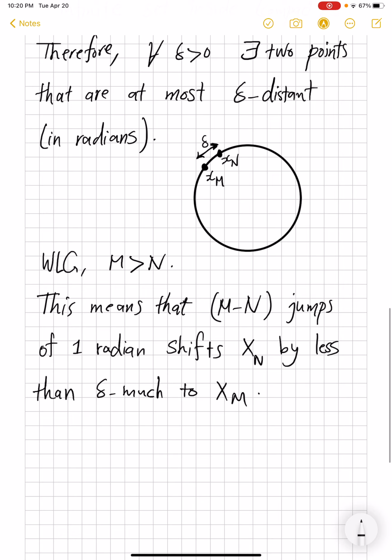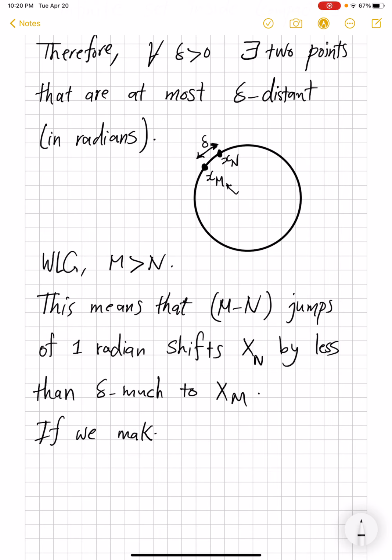Right, so how do you get from xn to xm? By making 1 radian jumps, and exactly m minus n many jumps. And we know from the assumptions that xm is delta close to xn. But if we now do the same from point xm,